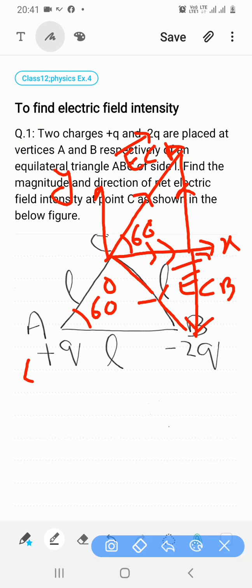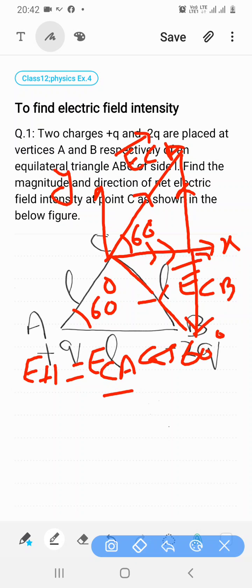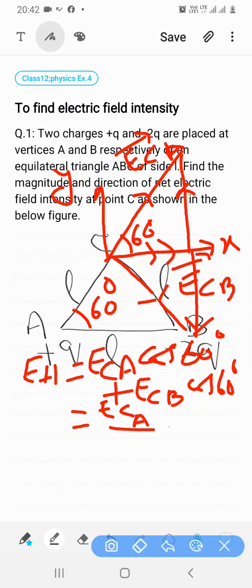So, net horizontal component, I write here EH is equal to ECA cos 60 degree plus ECB cos 60 degree, and the value of cos 60 degree is 1 by 2. So, it will be ECA upon 2 plus ECB upon 2. Likewise, total vertical component EV is equal to